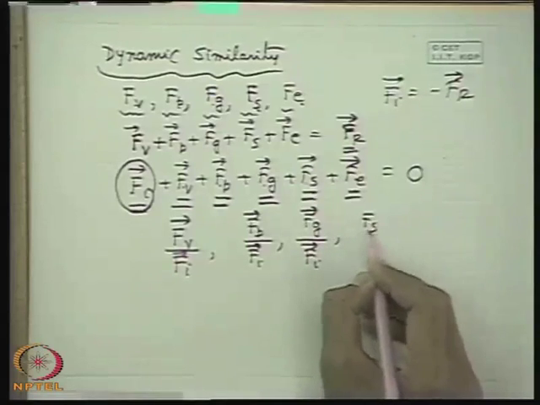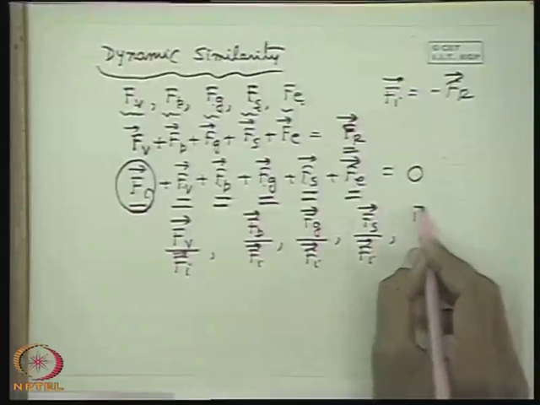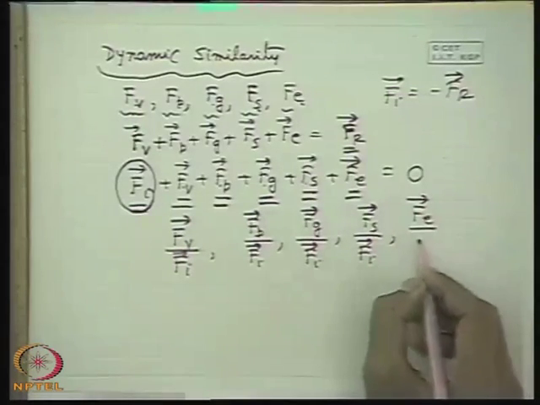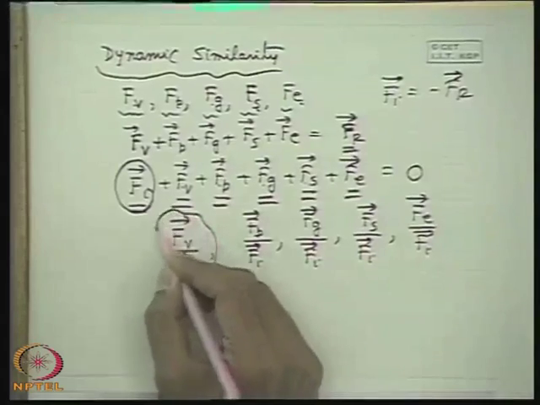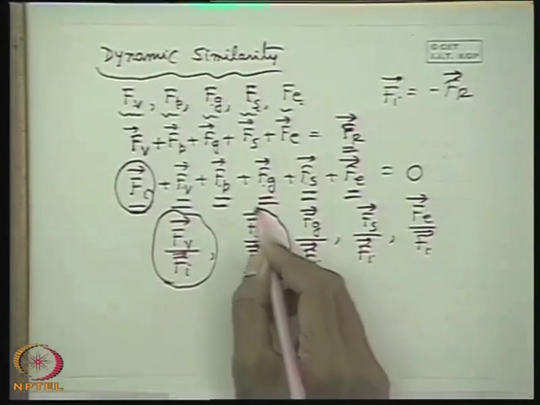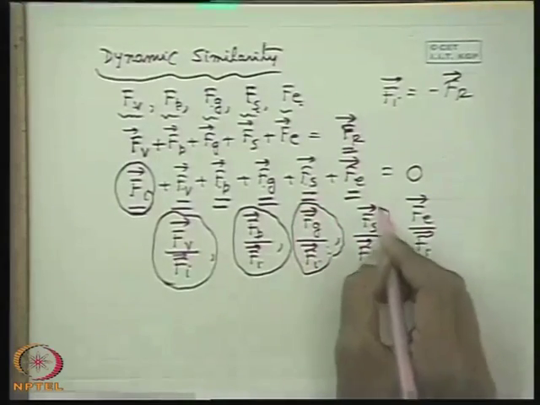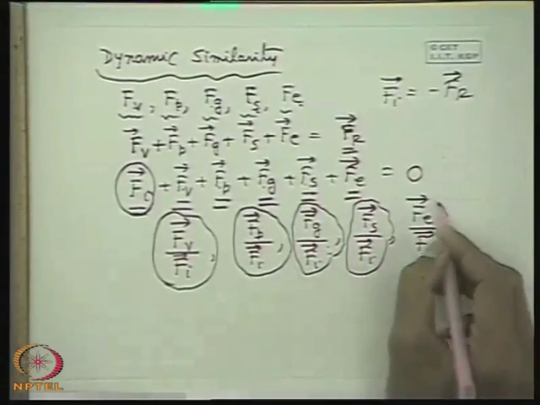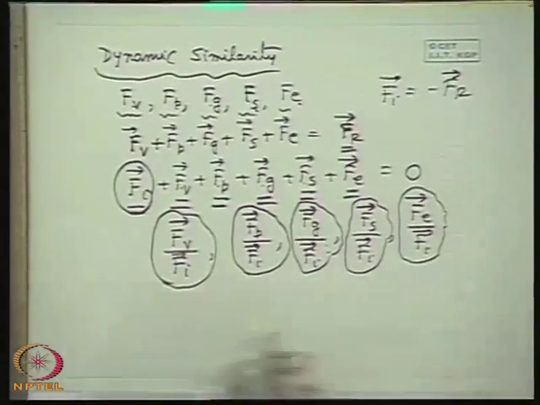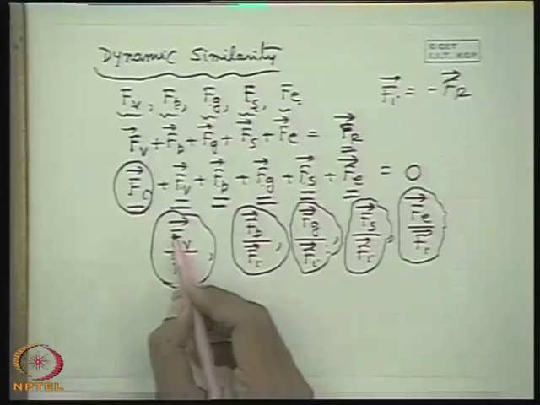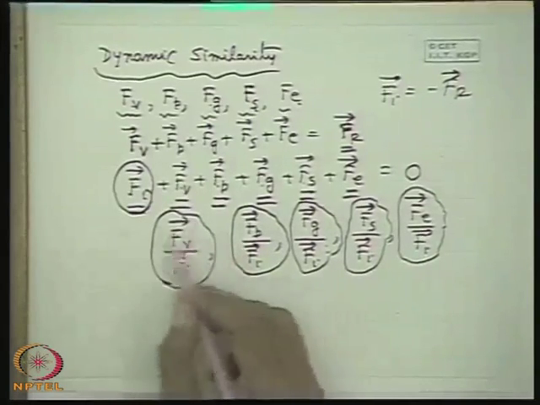Similarly, the ratio of surface tension force to inertia force, the ratio of elastic force to inertia force. These are the force ratios which will be the same at all similar points in two systems. That means if we perform the experiments in the laboratory, we have to see that our laboratory conditions should be such that they satisfy the same ratios of forces as occur in actual problems in